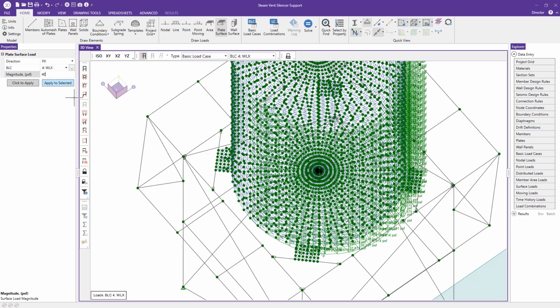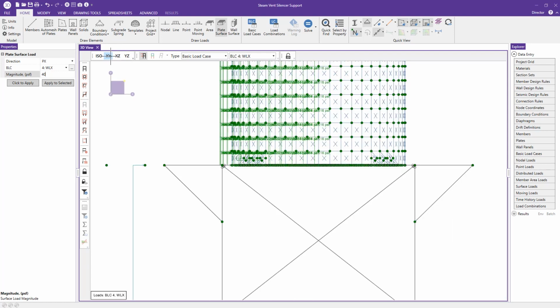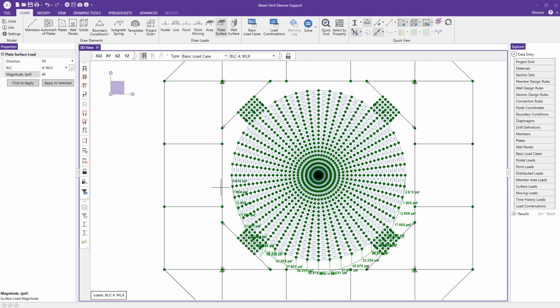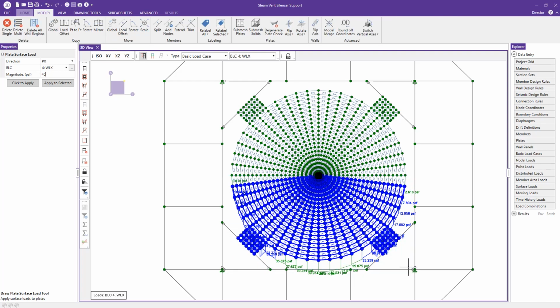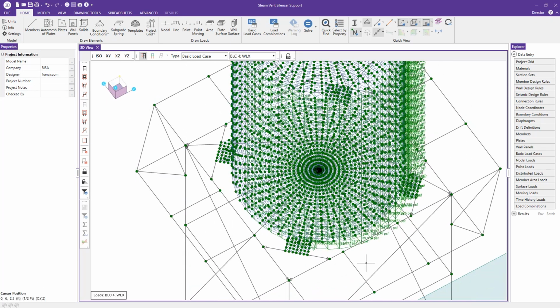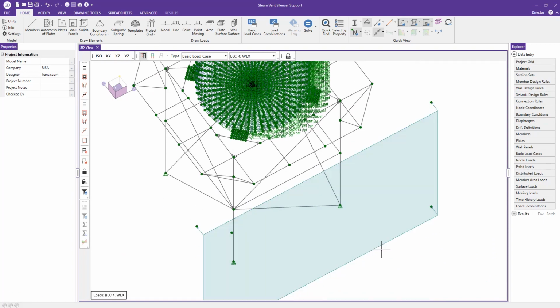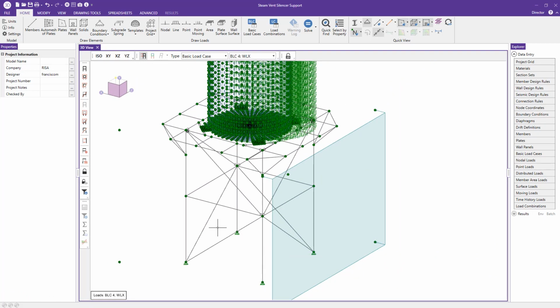What I would have done beforehand is simply select all those plates from my top-down view, just clicking and dragging over them. Then I would have applied this load to the face of them and simply hit apply to selected. And that's how I've gotten these loads. So you can see the features of RISA-3D make it a lot easier for you to apply more of these complex loads. And if I solve the model here,